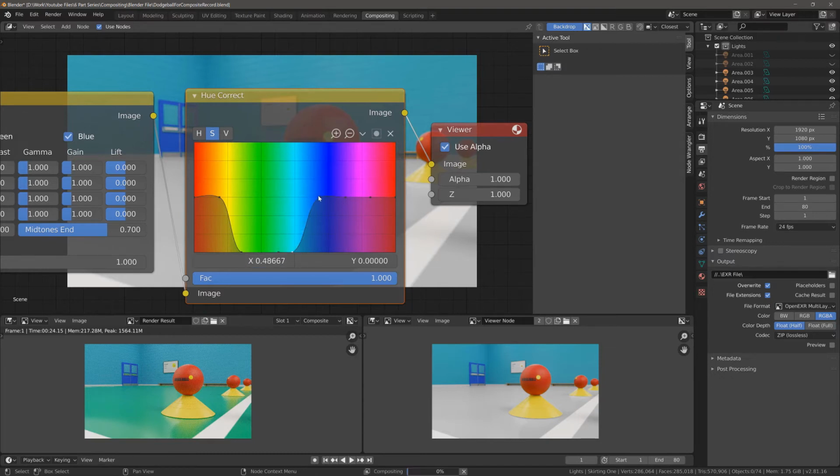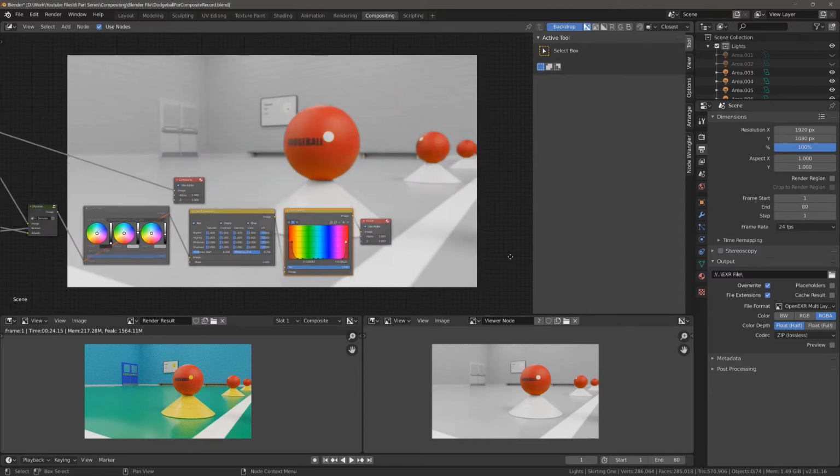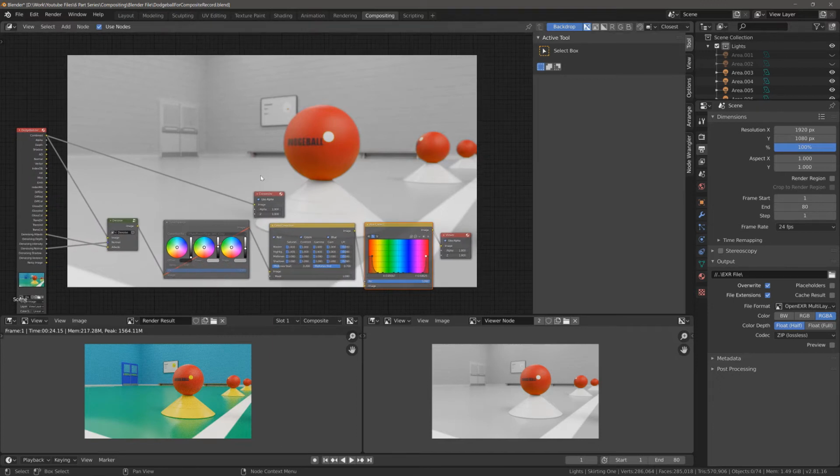So let's continue to do that with these other colors. So just bring them down, and as we continue to do that, we continue to reduce the colors that are visible in our image. So I'm going to reduce this one to about here, and let's reduce the yellow, and then just bring this one across, and bring this one across as well. And there we go. So now if we zoom out and just pan our view, you can see that we